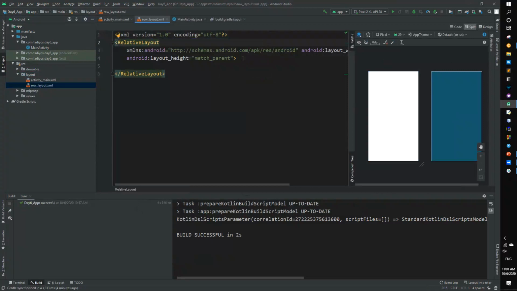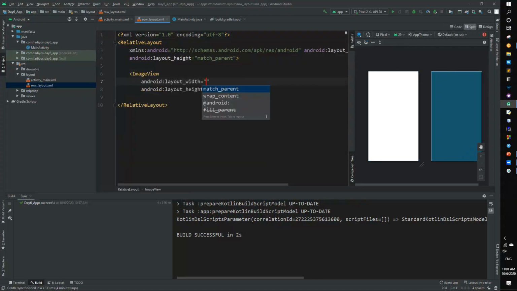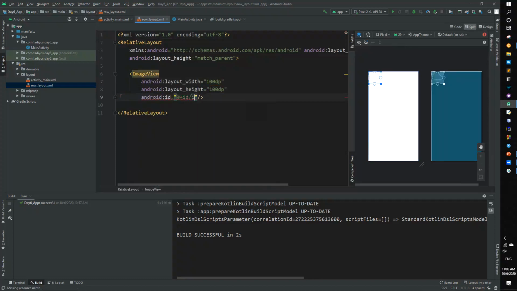And what we want to appear inside this layout is an image view. And with the image view, we can say something fixed, instead of using match parent or wrap content, since we may have images of different sizes. So it's better if you use the same width and height. So let's say 100 dp, and we also continue with 100 dp. And you can close it. And now the image icon will appear here, but we also can set an ID of image,